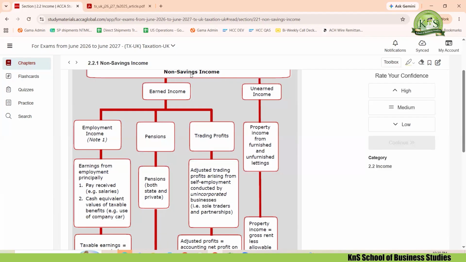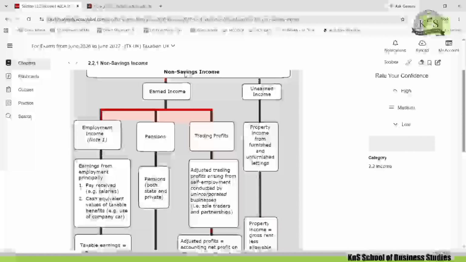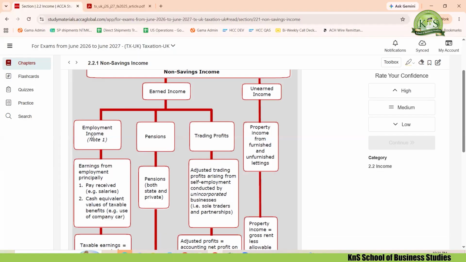Non-savings income is basically that source of income that does not give you any return if you save it. For example, with savings income, if you save some amount in a bank deposit account, you will get interest on it. That is called savings income. You save something and then those savings give you income. But your employment, you're doing a job, that's your non-savings income, because you have not earned that income through your savings, right? So this is the major difference.